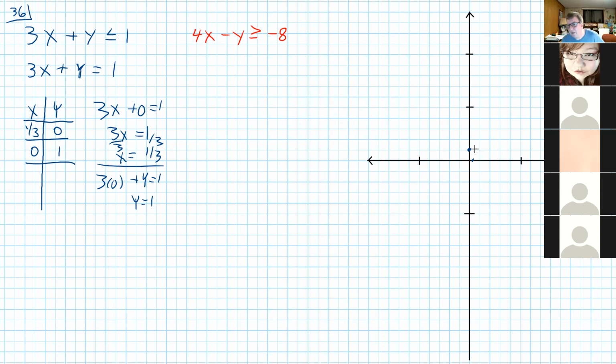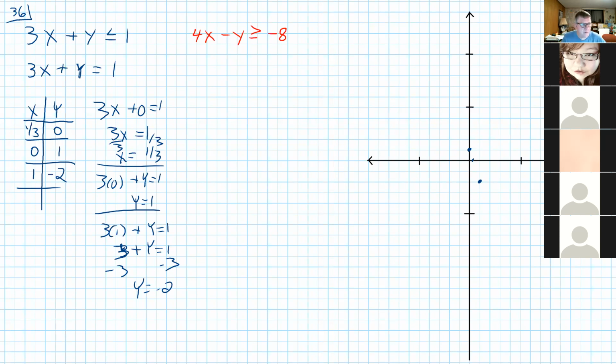Now, in WebAssign, because it automatically graphs things, I could deal with these two situations, but getting an accurate graph right here might be kind of difficult. So I'm going to choose another point. I'm going to let x equal 1 and see what happens. If x is 1, I get 3 times 1 plus y equals 1. 3 plus y equals 1. Subtract 3, y equals -2. And the reason I did that was so I could plot this point to make it easier to draw the